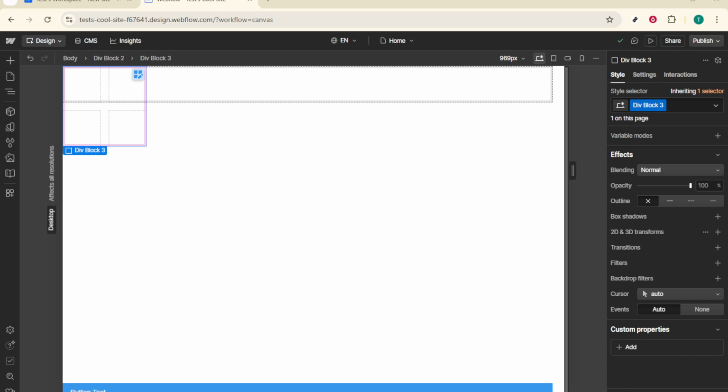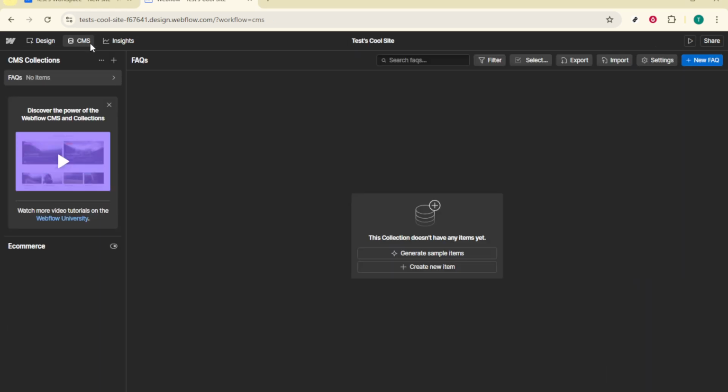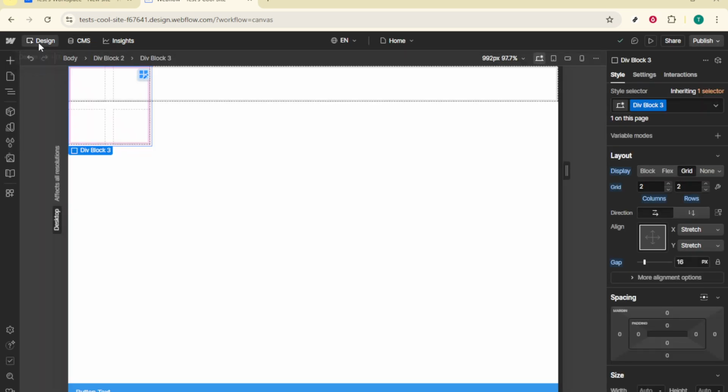Place a collection list element onto your canvas. This action is crucial as it lays the foundation for connecting your design elements with your CMS collection, bringing dynamic content to life. Once you've added this element, head over to your settings panel. Here, you will connect it directly to your CMS collection. This pivotal connection ensures that the content you want to display populates automatically, saving you time and effort in your